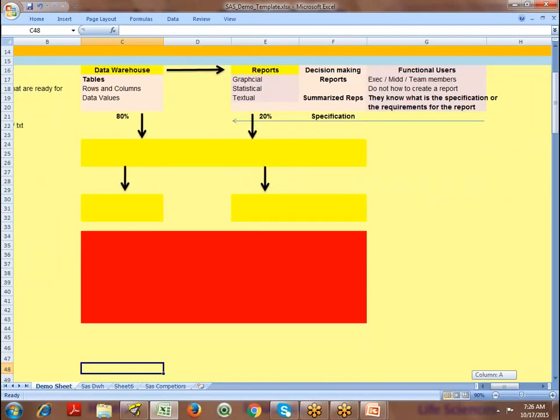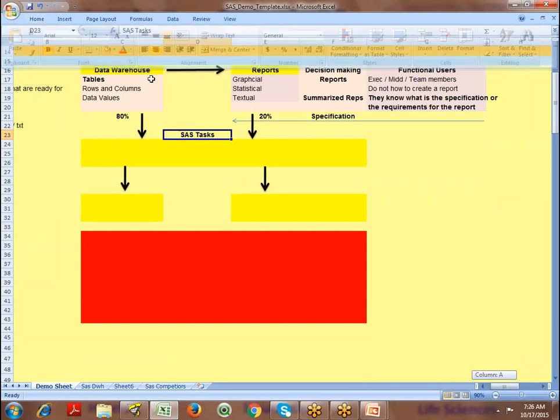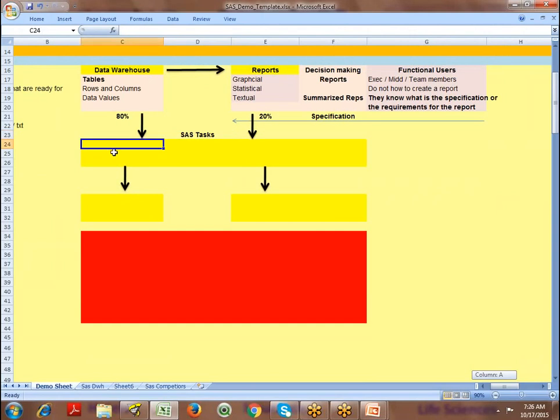Next one. In simple terms, the data warehouse is called a collection of tables. If you look at the SaaS tasks, there are four SaaS tasks that you are going to perform. I told you: extraction, transformation, and loading.